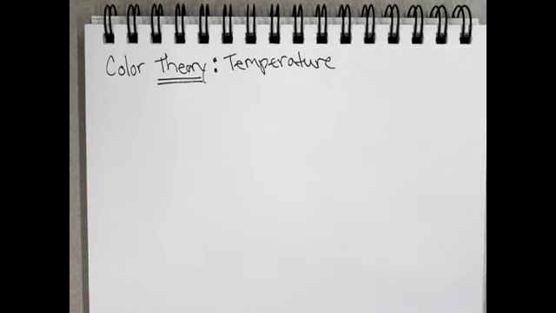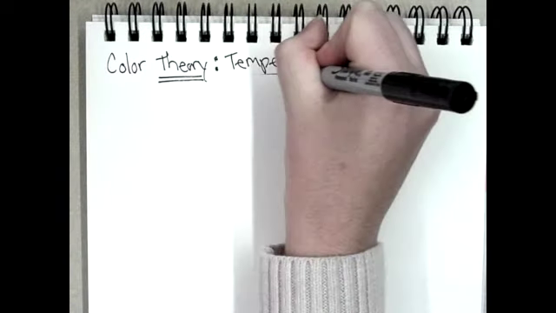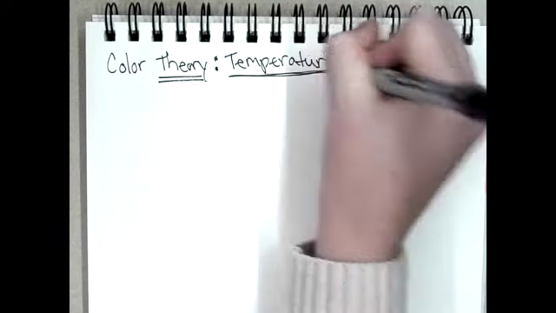Probably all you guys know about color is there are 3 primary colors and 3 secondary colors and 6 tertiary colors, and red, orange, yellow are warm and blue, green, purple are cool. But there's so much more, and a lot of color has to do with relevance, has to do with our eyesight, with lighting, with pigment, more than just primary colors. So today we're going to specifically talk about color temperature,